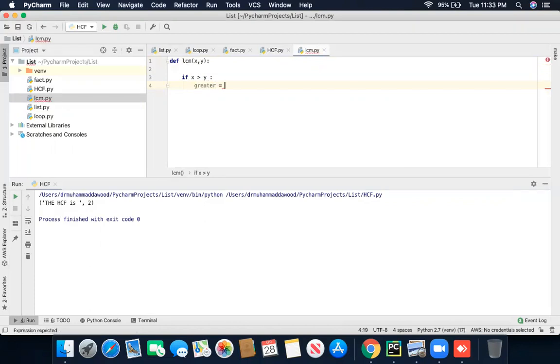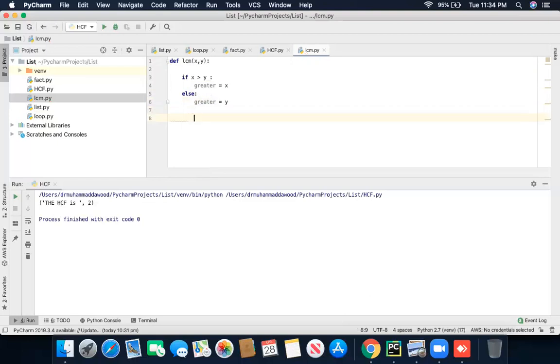Greater equals X. Before in HCF we used smaller, now we are going to use greater, because it's a least common multiple, so it will always show the greater of the two numbers. Else, Y is greater, greater equals Y.